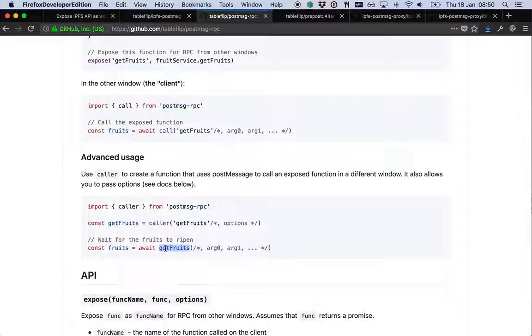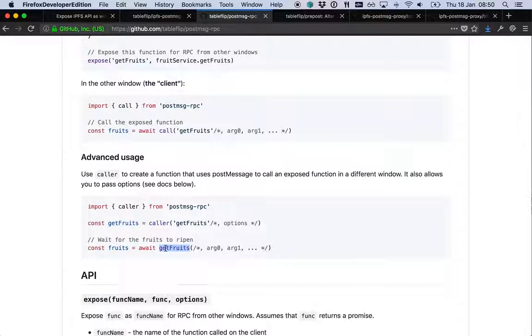But even then, there are some data types, like your own classes and other things, that you can't just pass to the structured clone algorithm and get exactly the same thing back on the other side. So there does need to be some serialization of some of the arguments that we pass to our IPFS